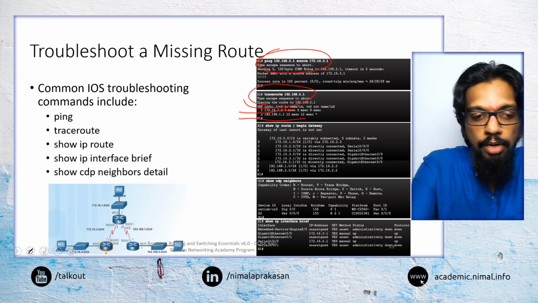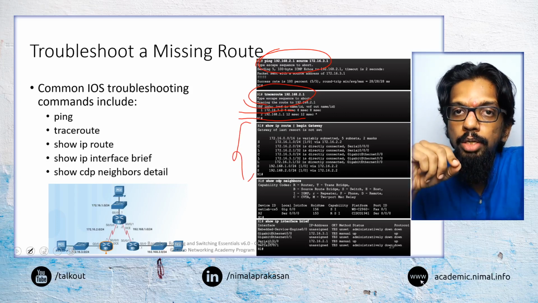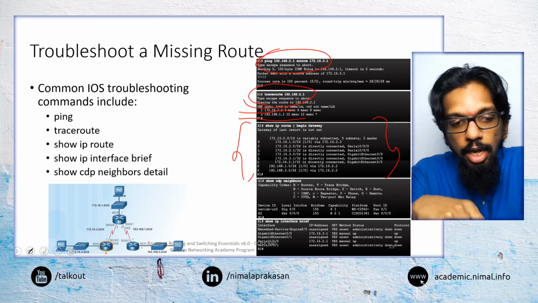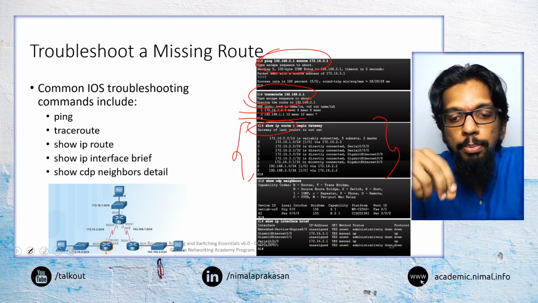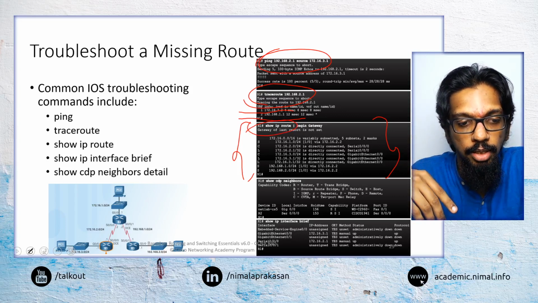Then when we have configured a large number of static route configurations, we can go into the router and see what are all the different configurations that are there using the command show ip route. So with show ip route, we will be able to see what are the different router configurations that are there.